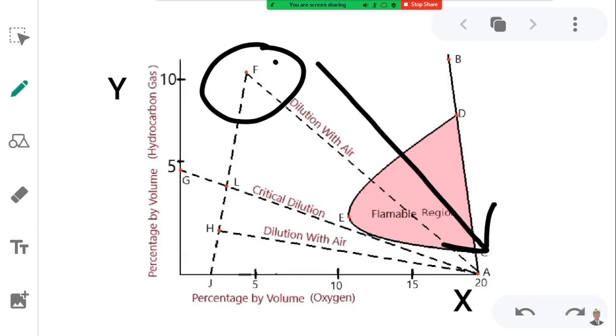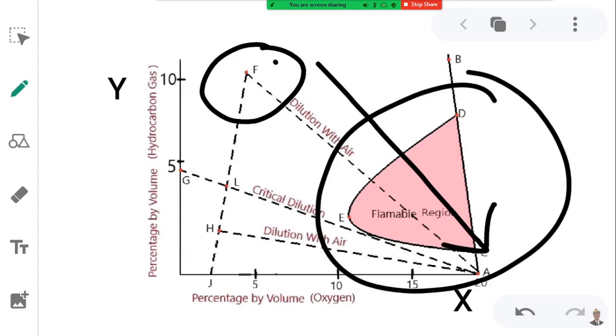It can be seen from the diagram that on diluting F with air, it passes through the flammable region. This is the flammable region, and when we dilute F with air, that is 21% of oxygen, it passes through the flammable region, and it is quite hazardous too. We can't do such an act on board a ship, as F will pass through the flammable region and it is a hazardous condition, and in the presence of any heat,